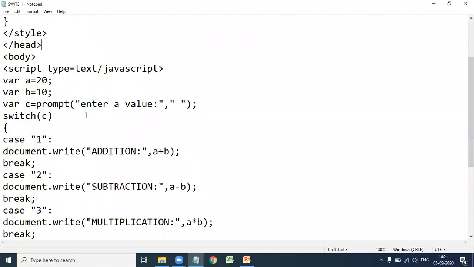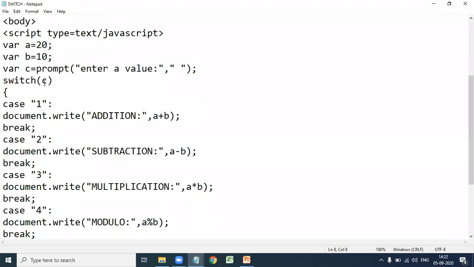Okay. So here switch case is used to select one of many code blocks to be executed. The value of expression here, switch of expression, is C. So here we give the input to C using the prompt method. If you enter C value 1, here case 1, that is addition, is performed.